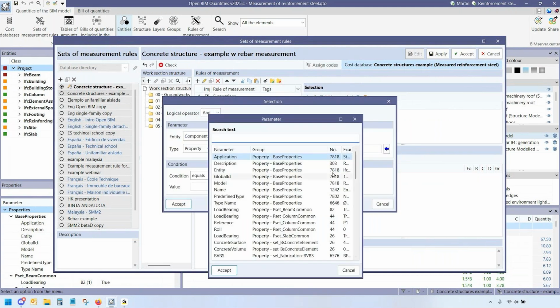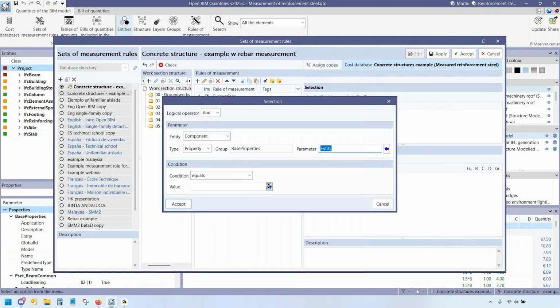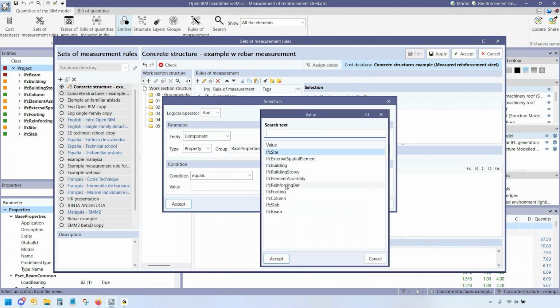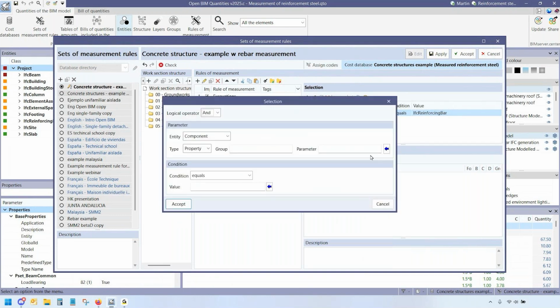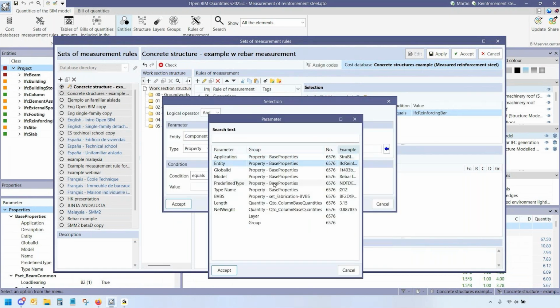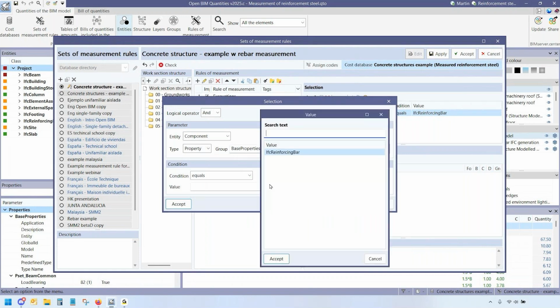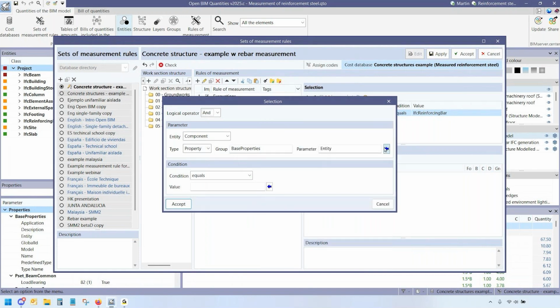Select all the elements where the entity is the IFC reinforcing bar, excuse me, and where, for example, the entity,